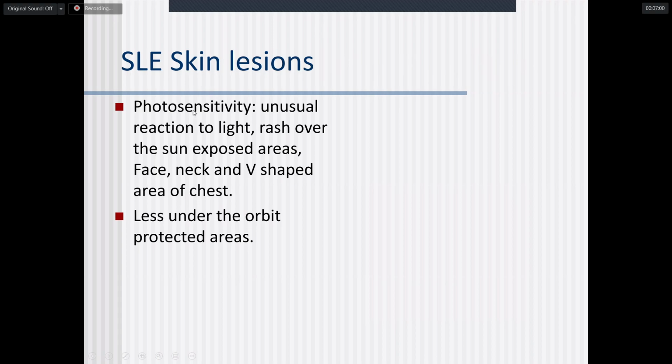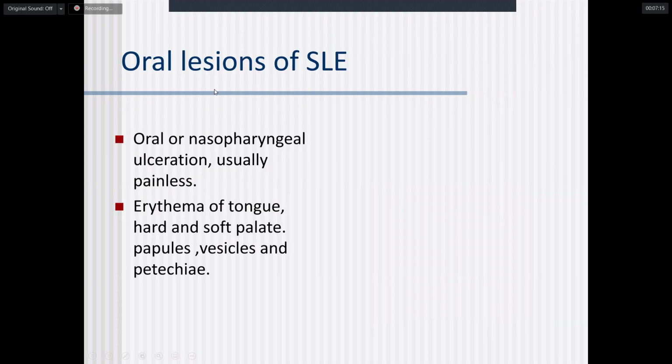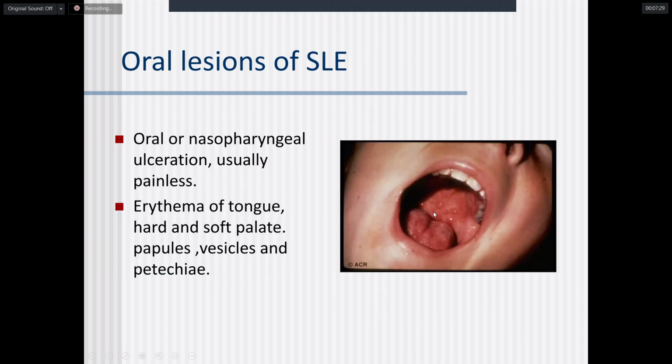They might develop also photosensitivity, low reaction sunlight over sun-exposed areas, face and neck, and V-shaped area of the chest. ولس under the armpit. Also oral lesions, oral or nasopharyngeal ulceration, usually painless, erythema of the tongue, hard and soft palate, papules, vesicles, and petechiae. أيضا بين عندكم